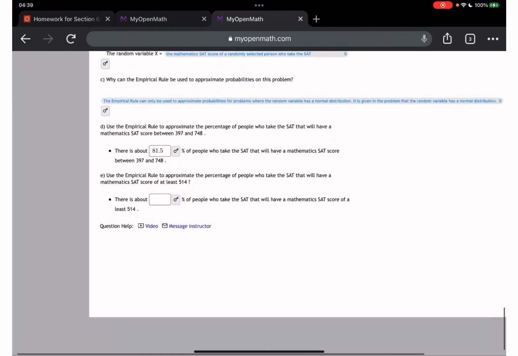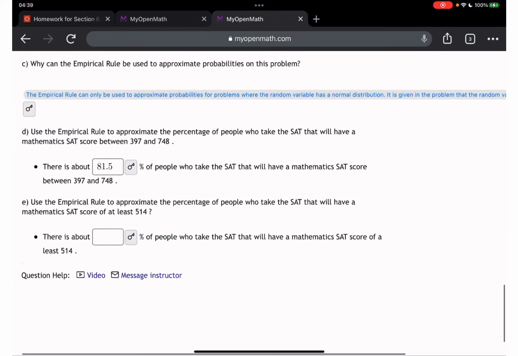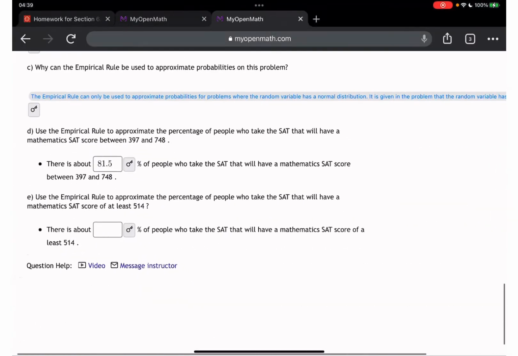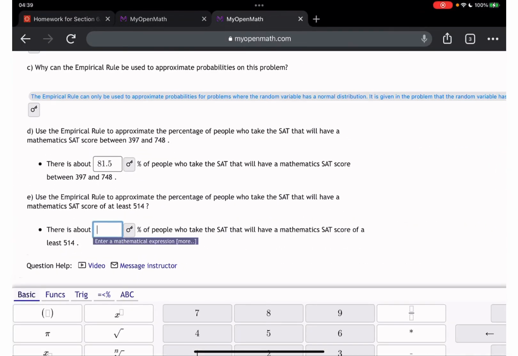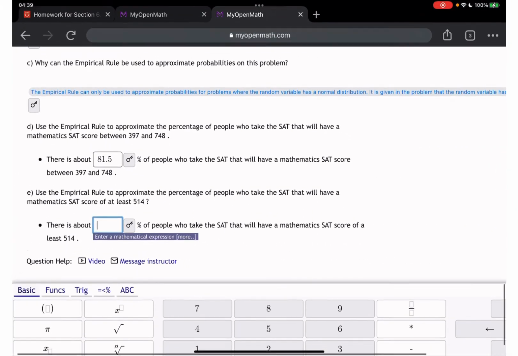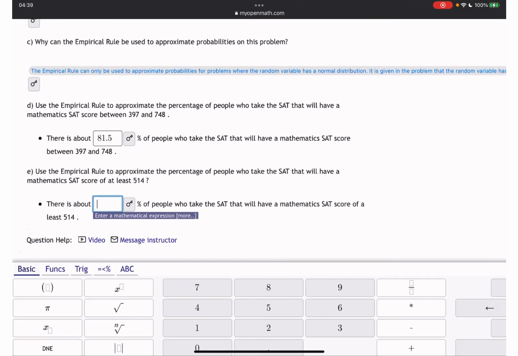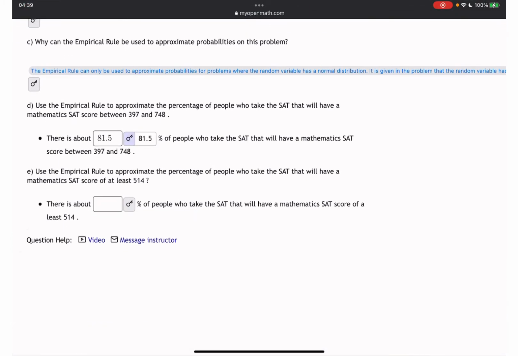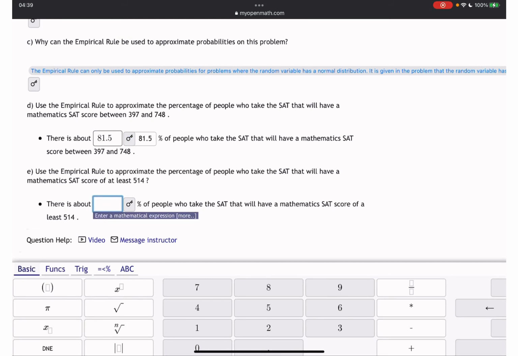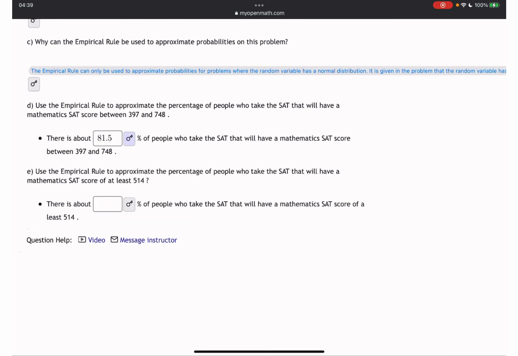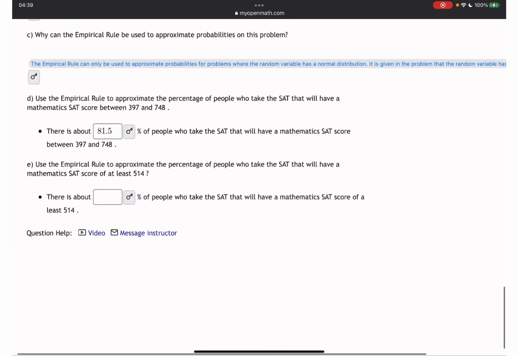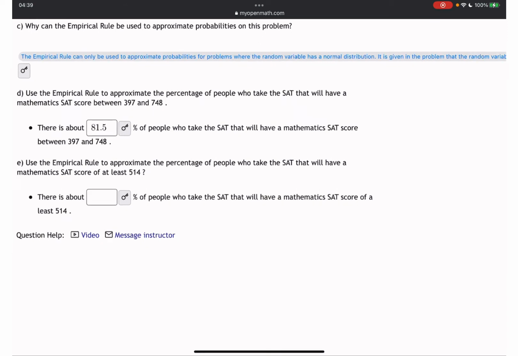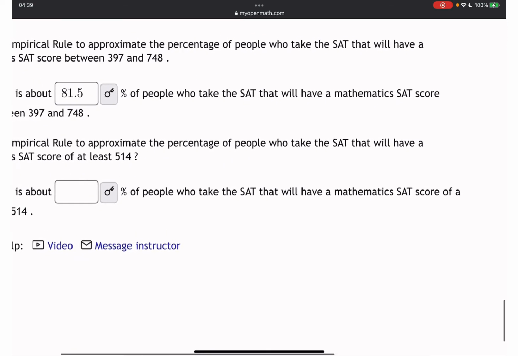All right. And this one, okay, let's open this one to check. That's correct. So next one, the last one, use the empirical rule to find the percentage of people who take the SAT that